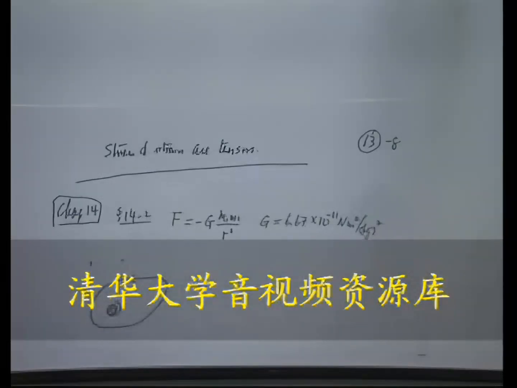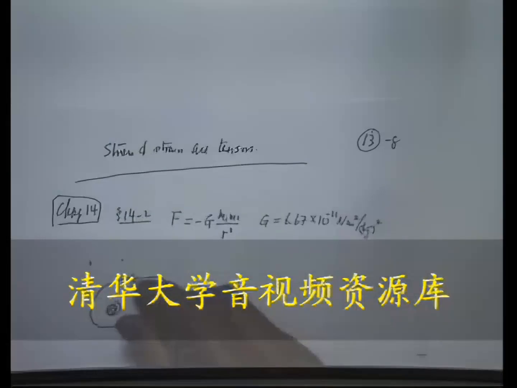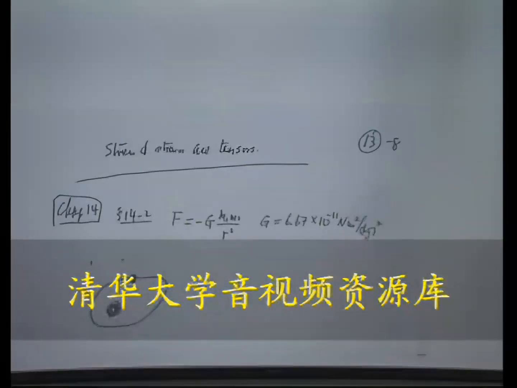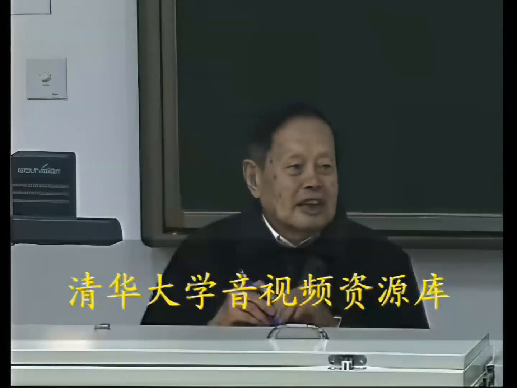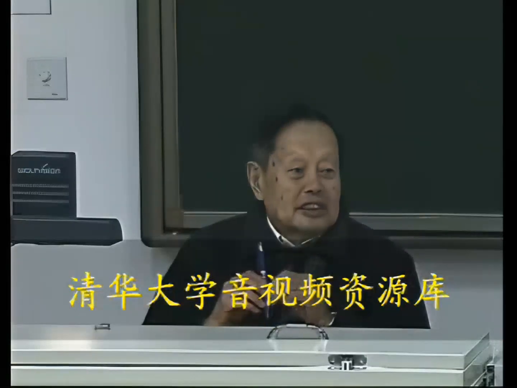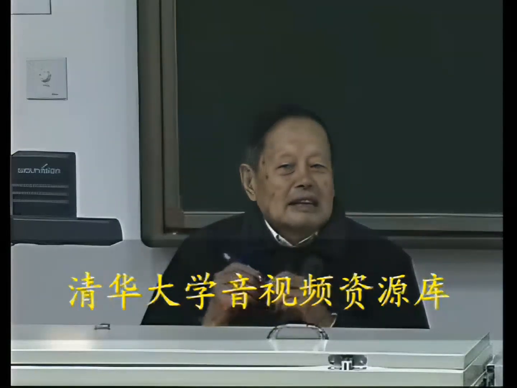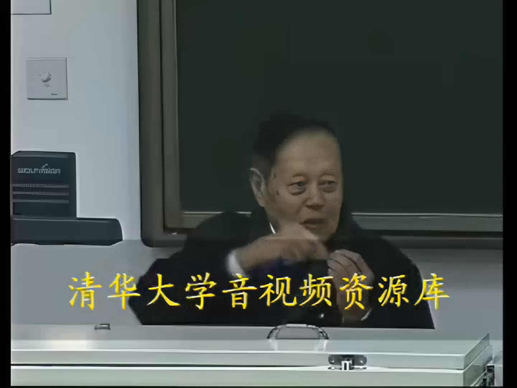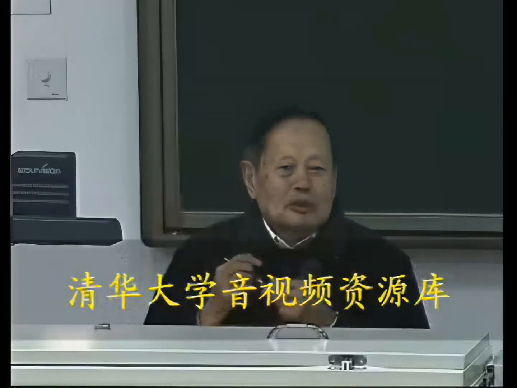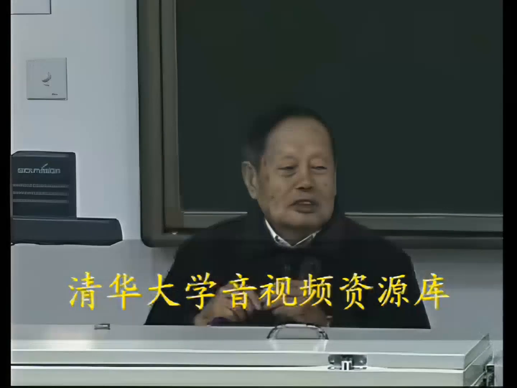But Newton realized that the Earth is not a point, it's a small sphere. The sun is not a point, it's a big sphere. And if he proposes the gravitational force, it's the gravitational force between every part of the sun and every part of the Earth. So you should not treat the sun as a point and the Earth as a point. He first proved that if they were points, then the Earth would move in an orbit which is an ellipse, which of course made him very happy, because that's what